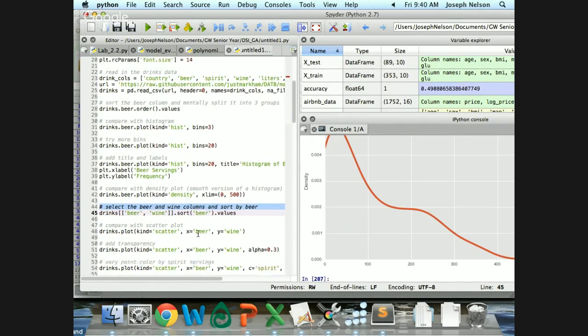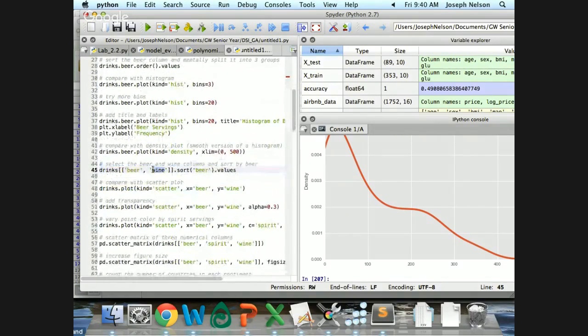Okay, so now let's do a different type of plot. We're going to do a scatter plot. What's a scatter plot? I know you guys have done this. Dots. Yeah, it compares the relationship between two variables, where one variable is the x value and the other variable is the y value. So in this case,